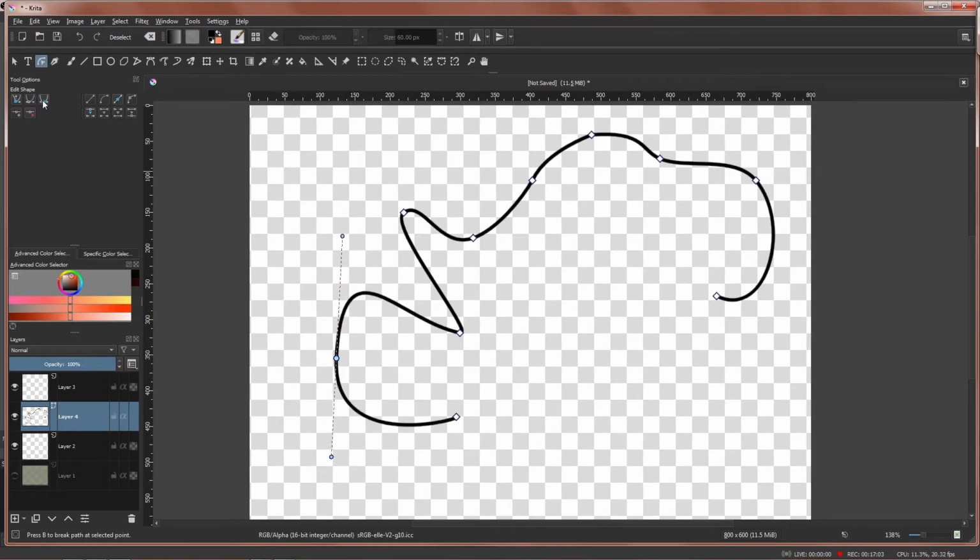If you choose symmetric point, it's the same thing. But if you notice the difference,